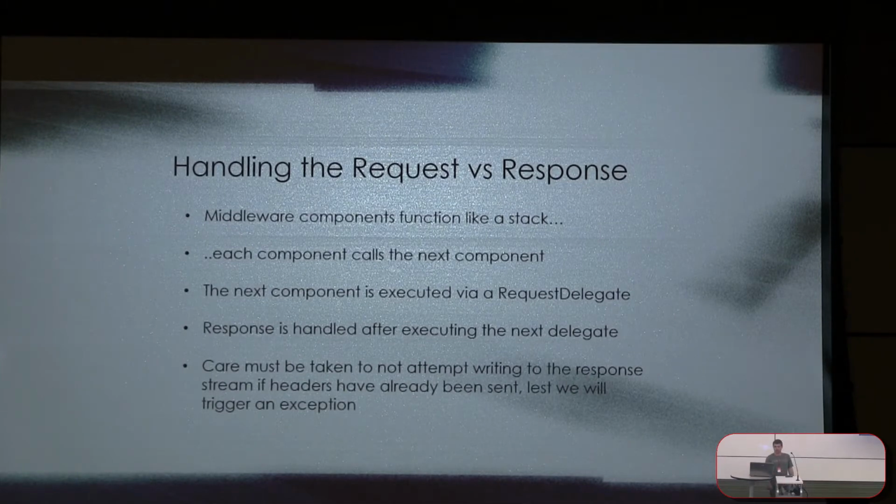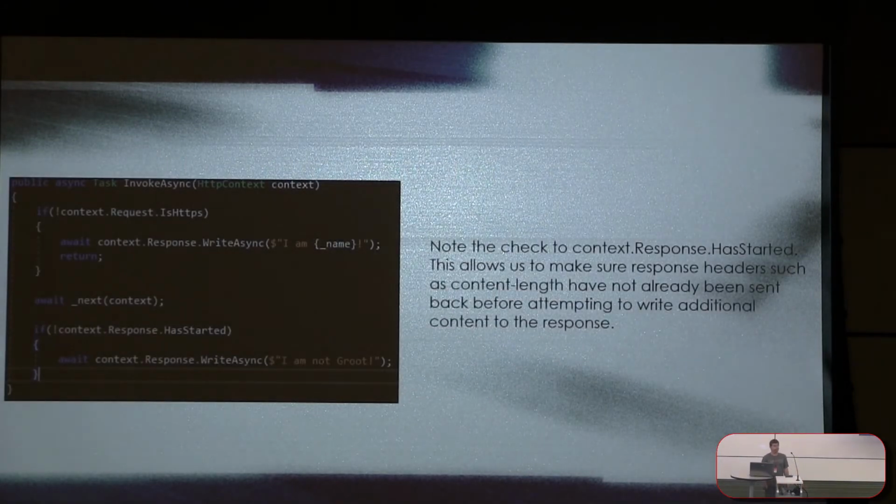So the way this works is that everything executed before you call next is considered part of the request. You call next after all the nexts have completed. Everything after the next is going to be part of the response. So you're actually handling request and response within the same method by chaining them together. So order is definitely important because it's going to essentially execute the responses in the reverse order that it's executing